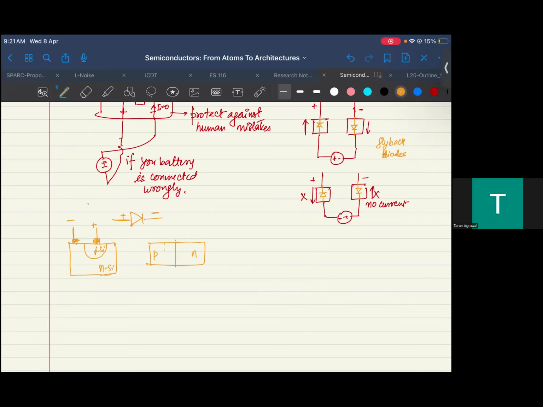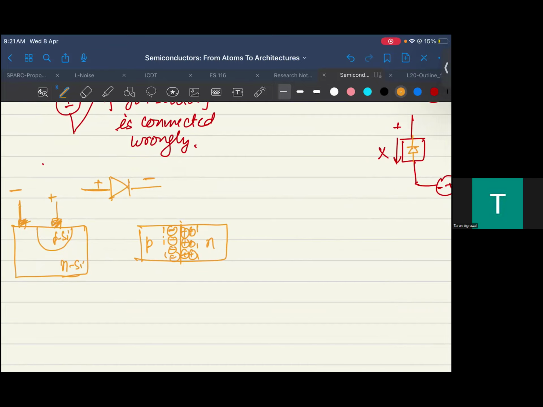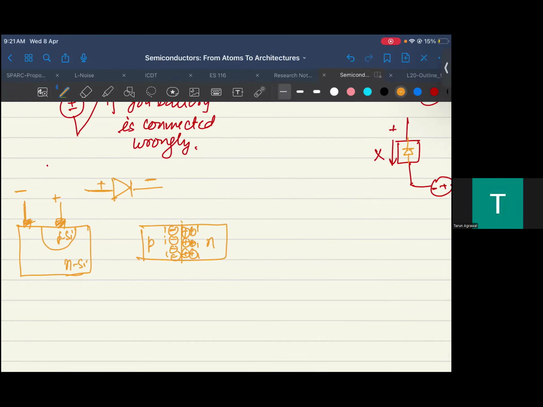So we saw that there is a junction, and there is no hole or electron there. What is there is the depletion charge, or the acceptor or donor charge, which cannot move. That is what is inside this semiconductor, right? We also discussed there is some reverse electric field. So when you are applying a battery, you want to vanish this depletion region, because if this depletion region, this junction, is there,